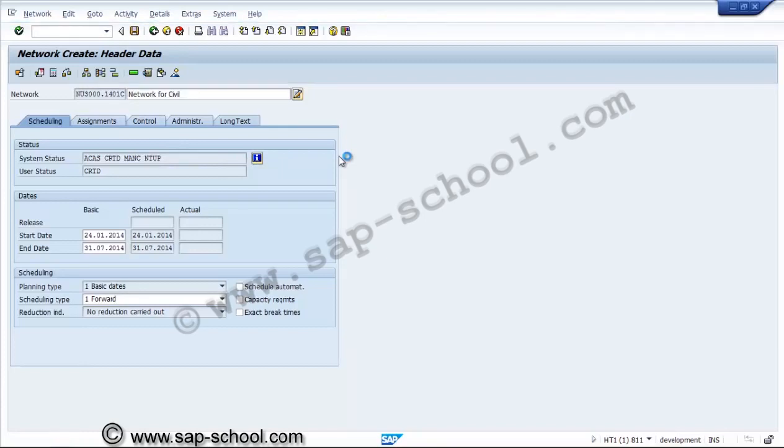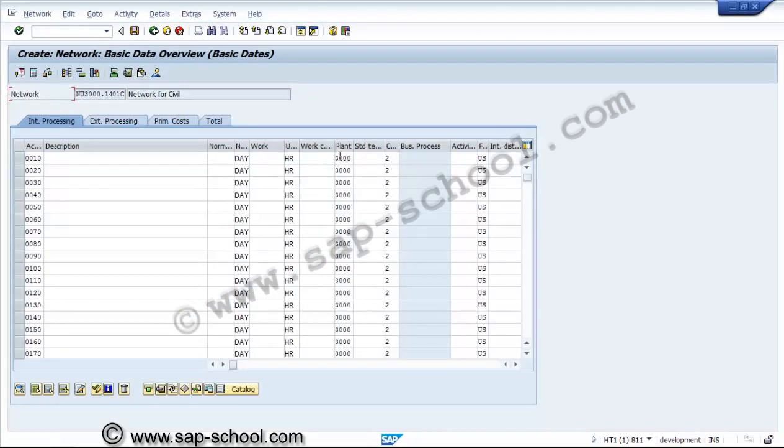In this particular project we have to segregate the network activities for this particular civil WBS element. So now we can say foundation, piling and bricking, plastering and some cleaning jobs.